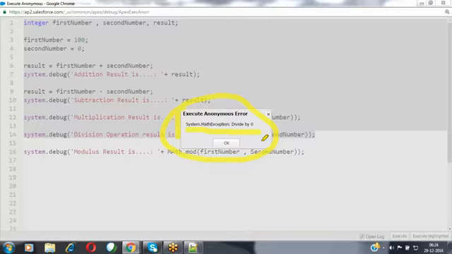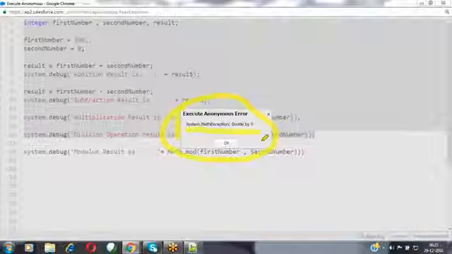What do you mean by an exception? An exception is nothing but an undesired behavior of an application at runtime. Whenever you are executing your application, at runtime, if it is unable to perform a certain operation, it will face some issue. That problem is called an exception.